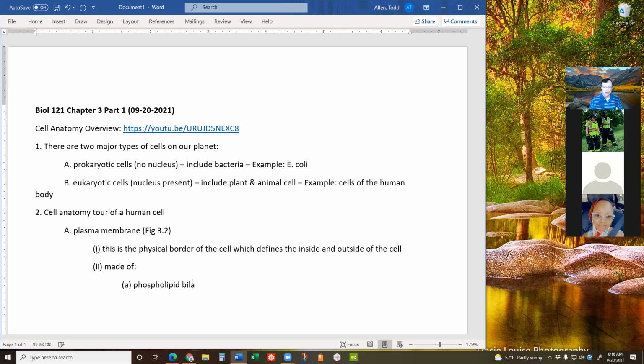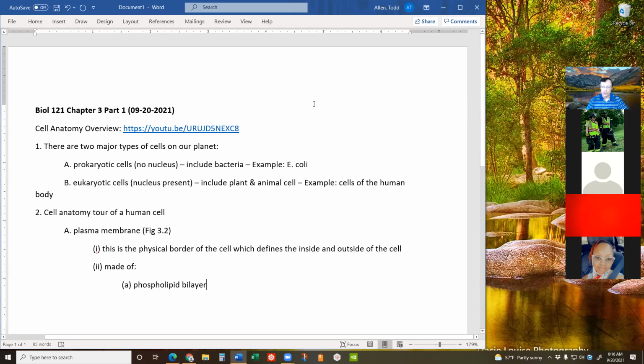And notice that there are two layers of phospholipids, which is why it is described as a lipid bilayer or a phospholipid bilayer. They're actually two layers of lipids that are oriented with respect to each other, tail to tail. Tail to tail when we think about phospholipid structure, which you would be studying from chapter 2. So it's made of a phospholipid bilayer,